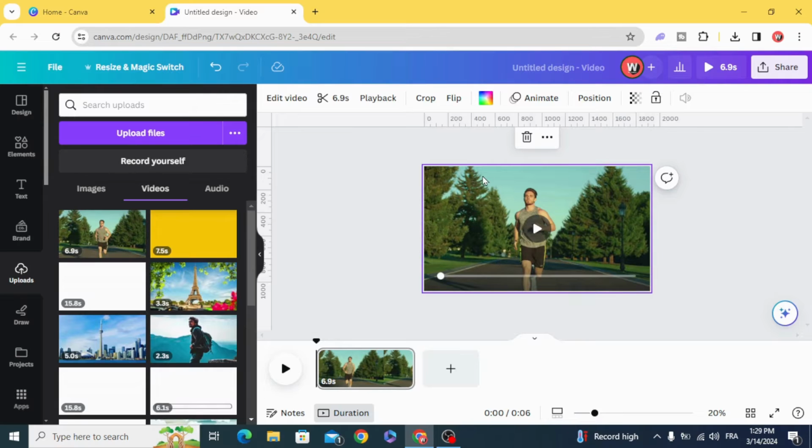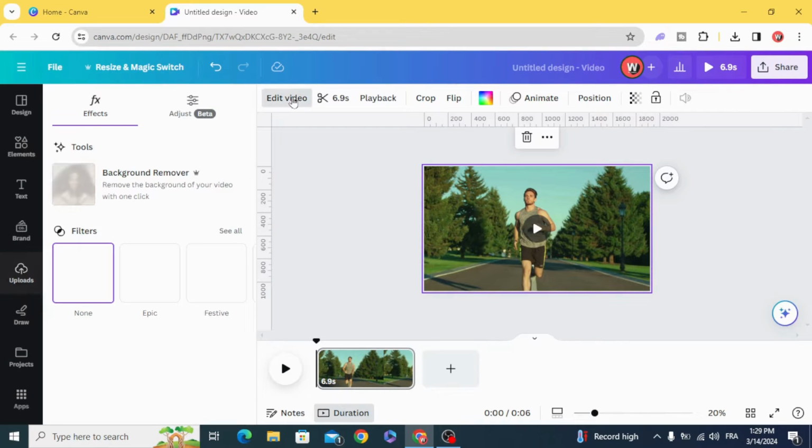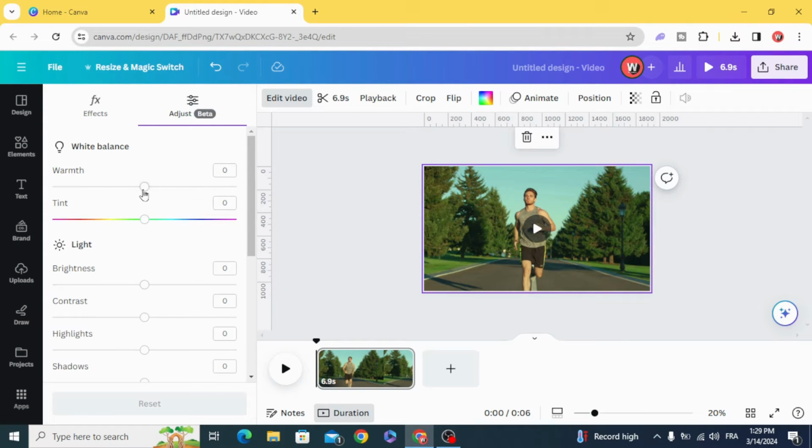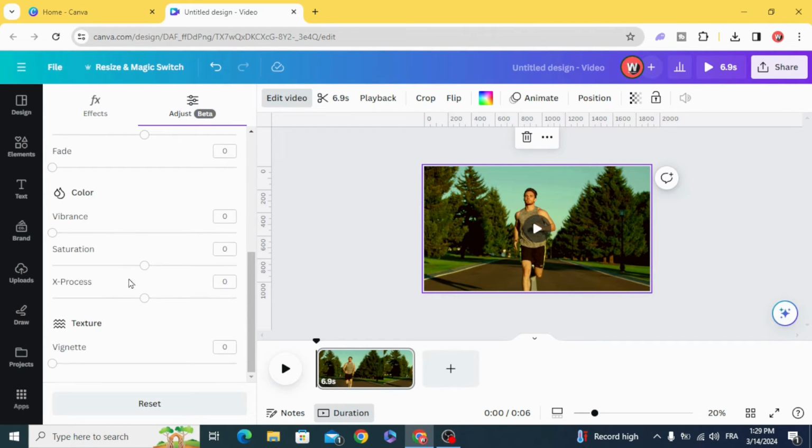Click on the video, go to edit video, adjust, increase the warmth and decrease the brightness a little bit, increase a little bit of contrast and decrease a little bit of the saturation,